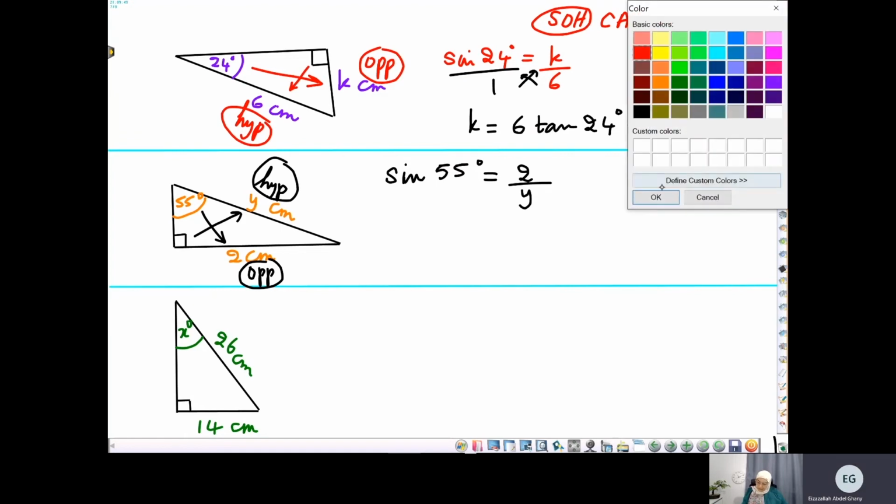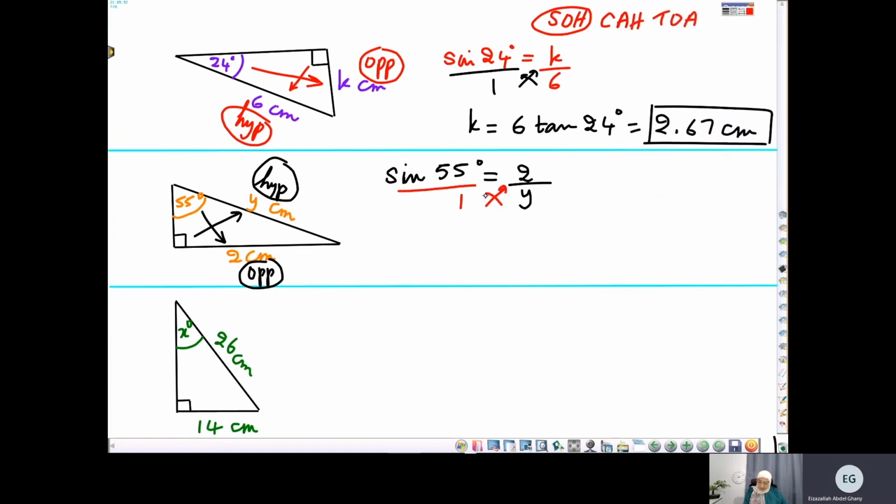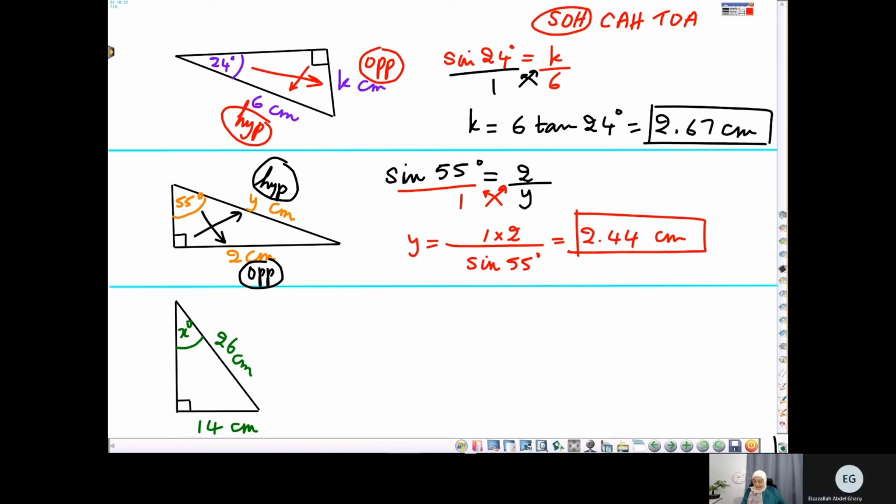We put here an invisible 1 in order to say fraction equals fraction, then cross multiplication. Y equals a long dash divided by the number connected to y, which is sine 55. What shall we write up? It is 1 multiplied by 2. But on the calculator, just write 2 divided by sine 55. It will be 2.44 centimeters. I'm reminding you, any side,